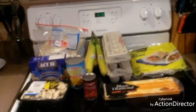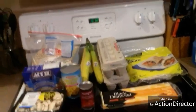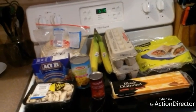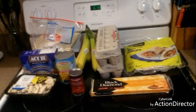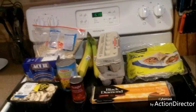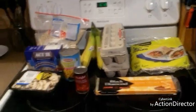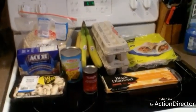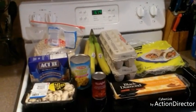So for my other video, the part one, I'm taking the stuff here and pairing it with the stuff that I already have at home. I have lots of stuff in my pantry and my freezer and my fridge. So to keep my spending down to a very minimum this week and in the following weeks, hopefully, I bought some stuff that's worth $21 right here, a little less than $21. I got 47 cents left. And I'm going to make meals based on what I have with this, and hopefully they'll be nutritious, delicious